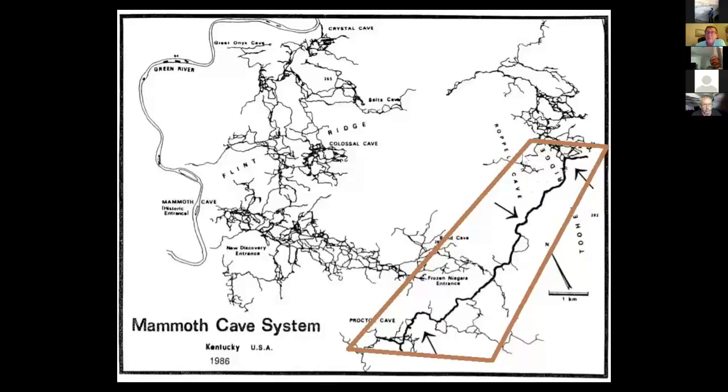But anyways, what I want to talk about is this area that I have marked off, this is the Logston River. And once again, I go back and say, follow the water. And over here is Roppel Cave, and down here was Proctor Cave. And neither one were connected to Mammoth. They were independent caves, but Proctor Cave and Roppel Cave and Morrison Cave over here were all connected into Mammoth via this water, this Logston